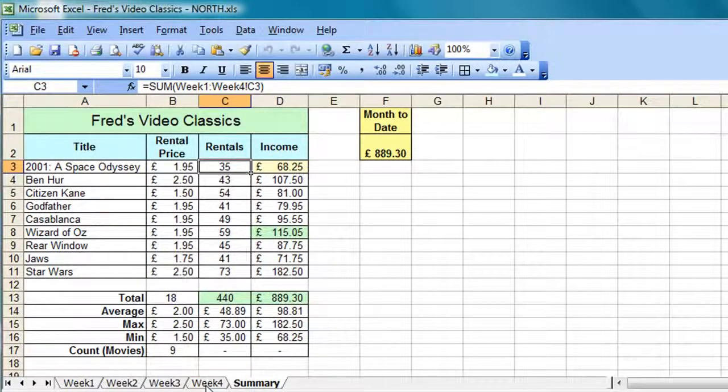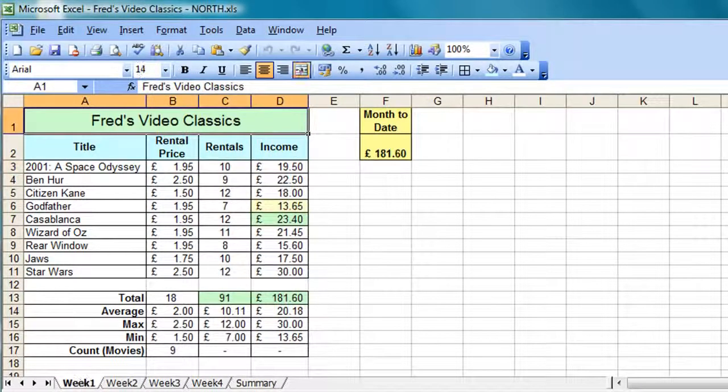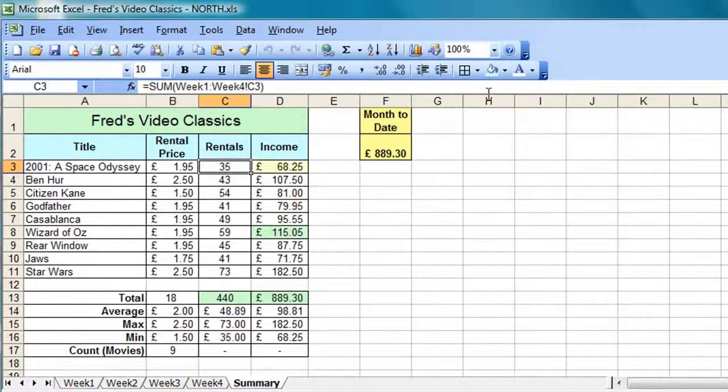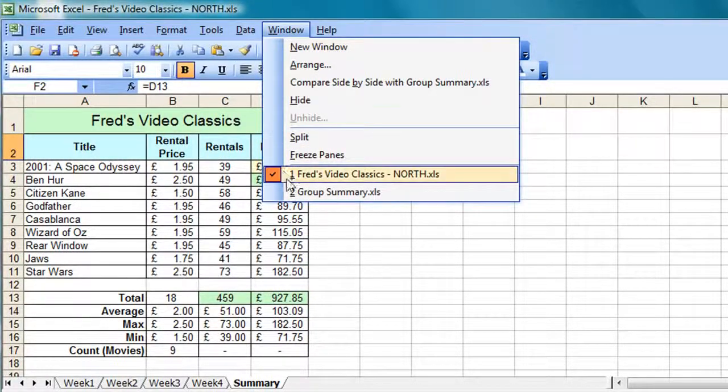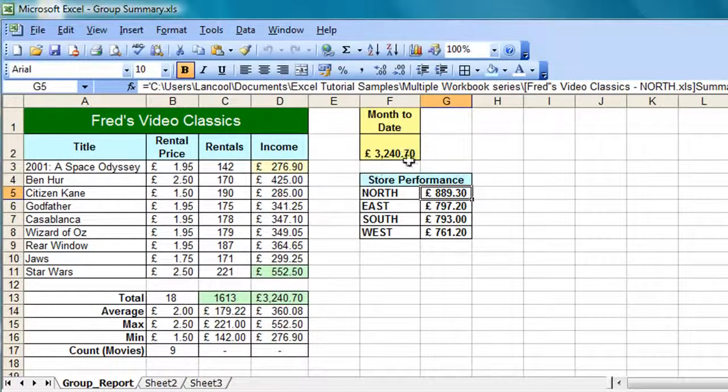figures here again. So if I go to, let's go to week 1 this time, and let's change some of the figures here. Now bear in mind, we had 88930 previously. And if I add some more figures on here to, let's say, boost up the values a bit and come back to summary. So there we see the new value 92785. But if I go to the group summary, you'll see it has not updated because it's looking in the